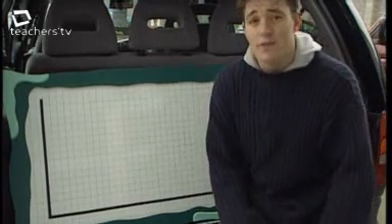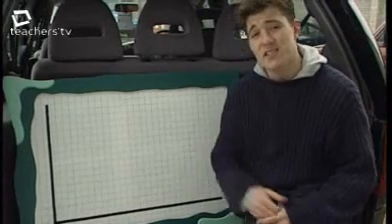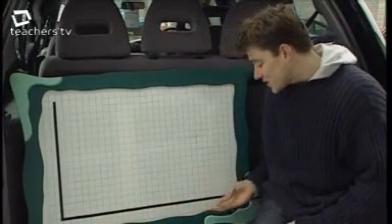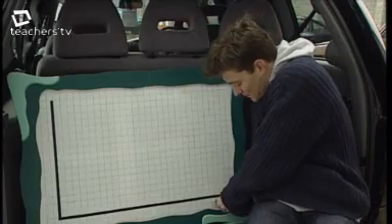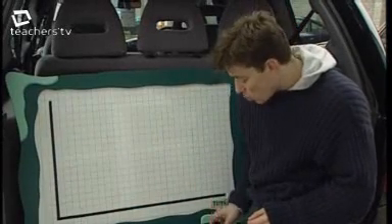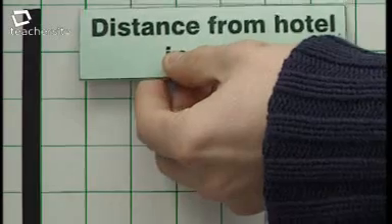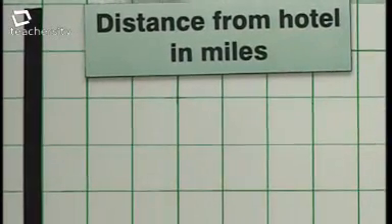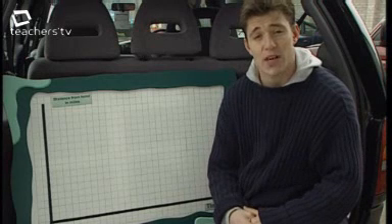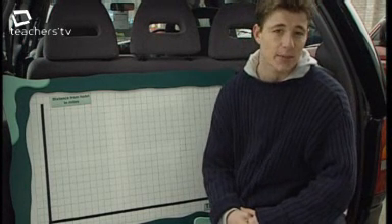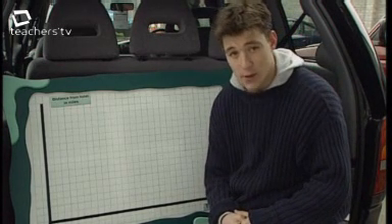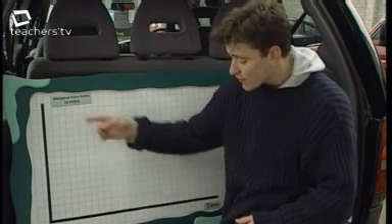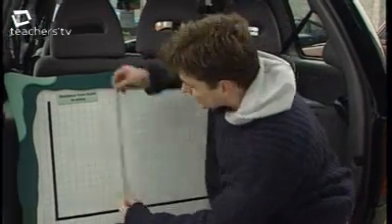To draw any graph, you need to have two axes. With the distance time graph, the horizontal axis always represents time. And the vertical axis always represents distance travelled. Now, I know that all our appointments are going to be in London today, so we're not actually going to be travelling more than 20 miles away from where we started, which means that the distance travelled axis needs therefore to go